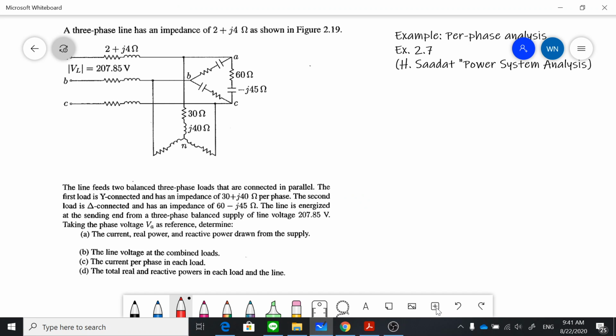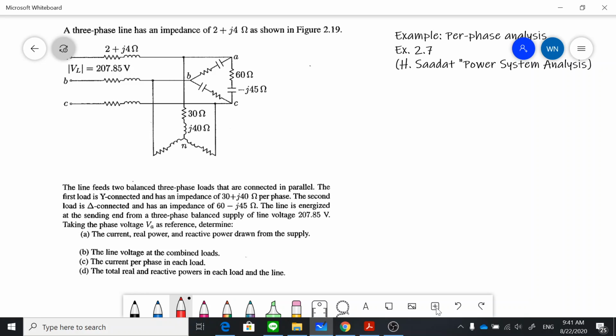So this is an example on what we call per phase analysis for a three-phase system. This is extracted from example 2.7 from the Saadat book on power system analysis. So the problem is, you're given a three-phase system having a line impedance of 2 + j4 ohms as shown